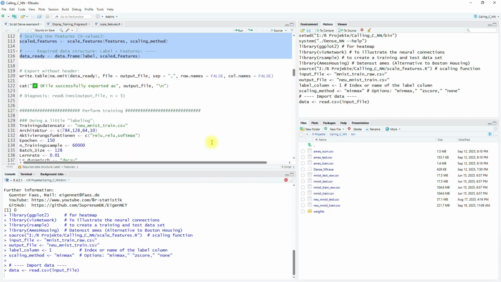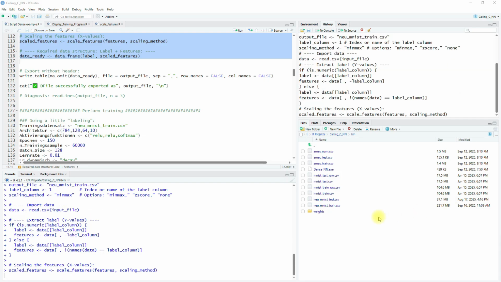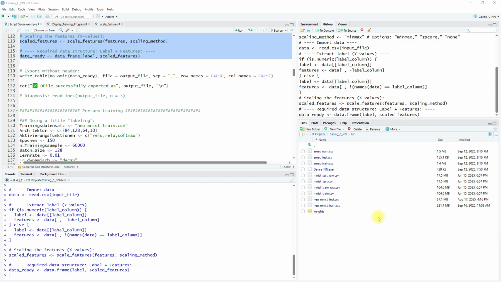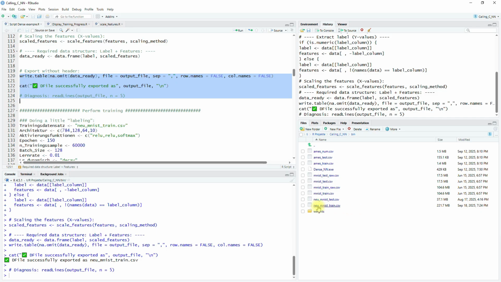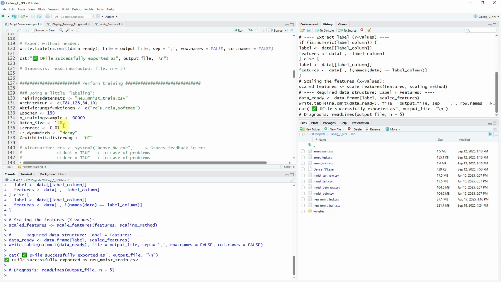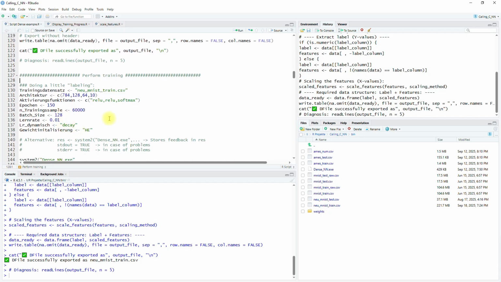After that, the processed data is saved as a CSV file under the name shown here. The test data is processed in the same way, but this is not shown here.